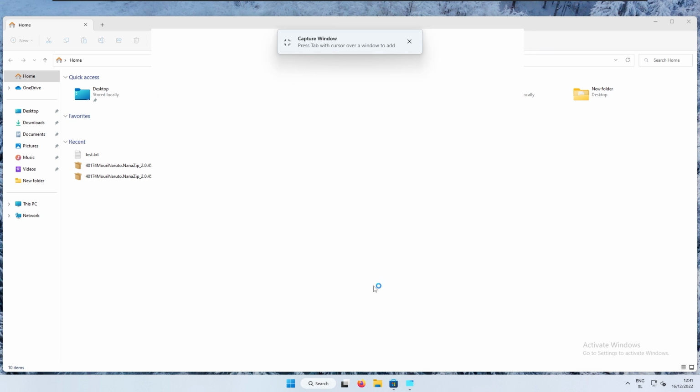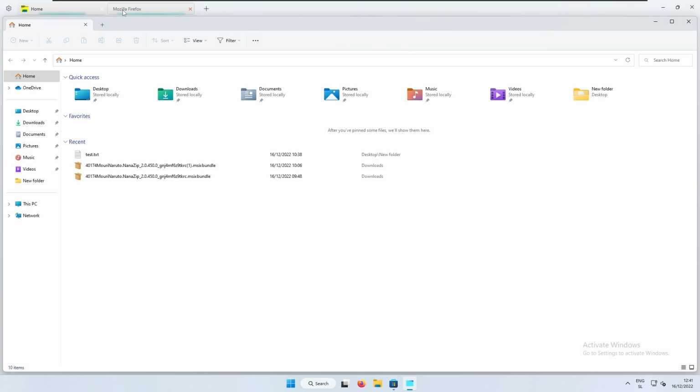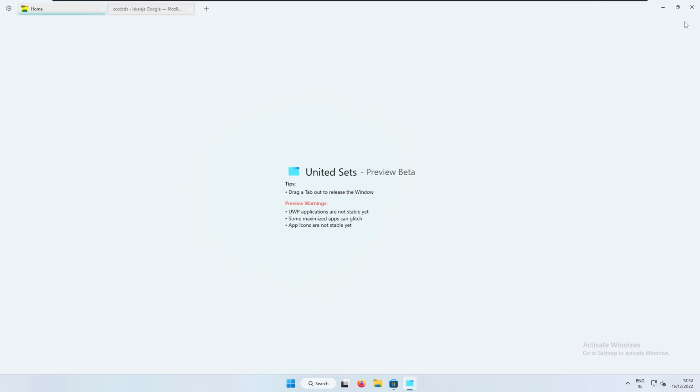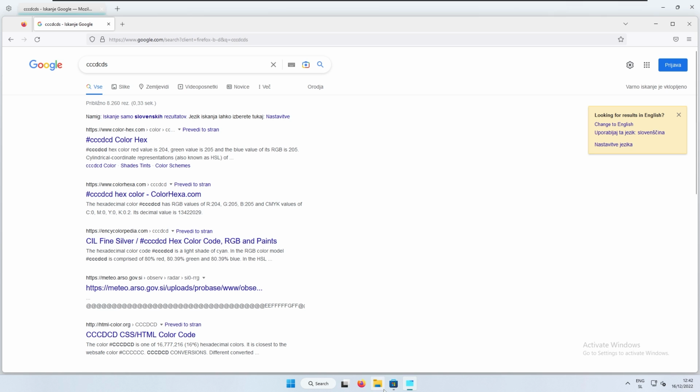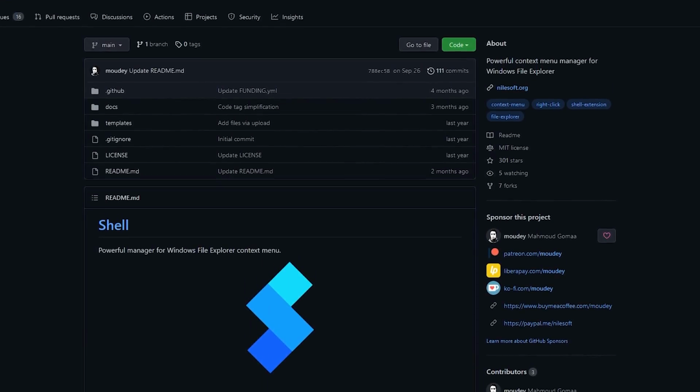So let's add another one, for example the Firefox browser. So press tab, and now we have the Mozilla Firefox and the home. So potentially we could use Windows just with this program. And now, for example, if you would close the, let's say, File Explorer here, so if I press X, now we can also see that it exited also here in the taskbar. This is pretty much it for the UnitedSets program. I think it's quite cool, but still in beta, so you may expect some issues here and there, but nothing major. So yeah, let's get straight to the next app, which is Shell from Nilesoft, a right-click context menu replacement,